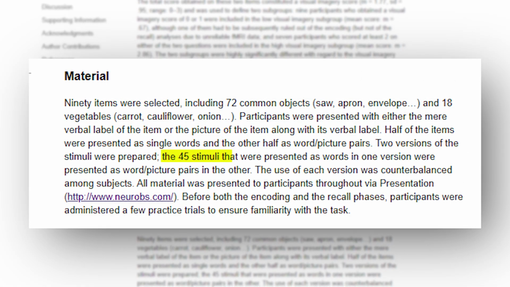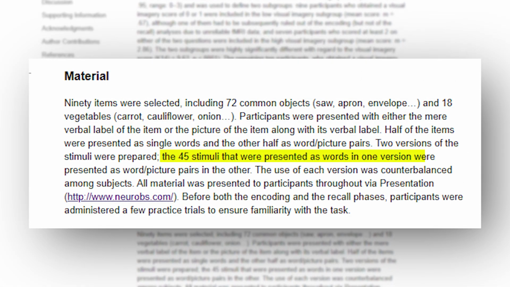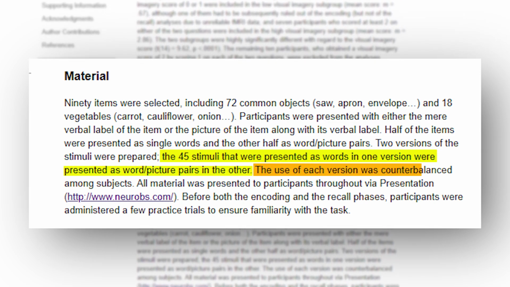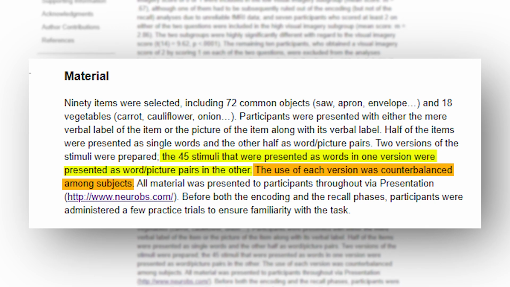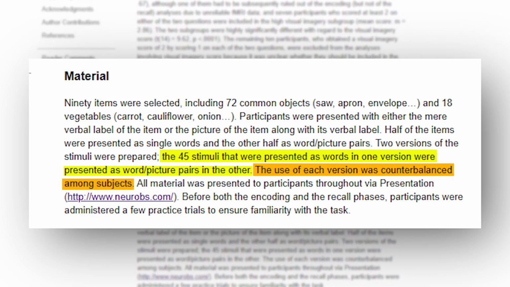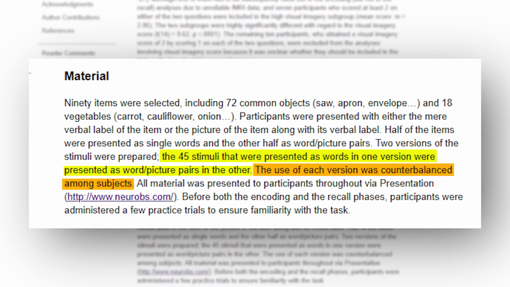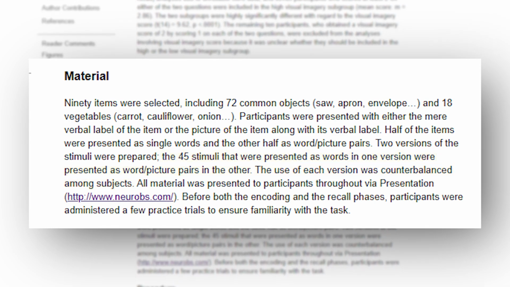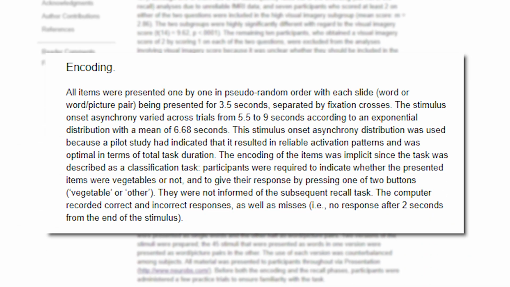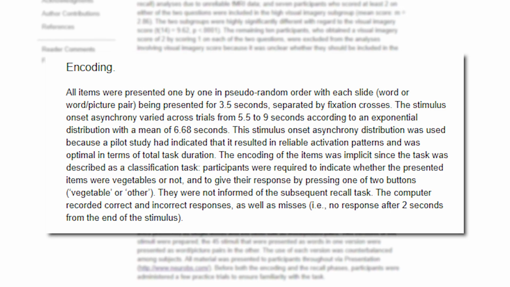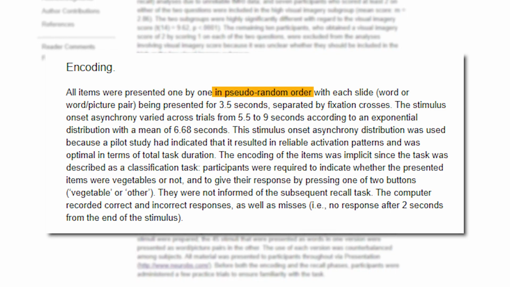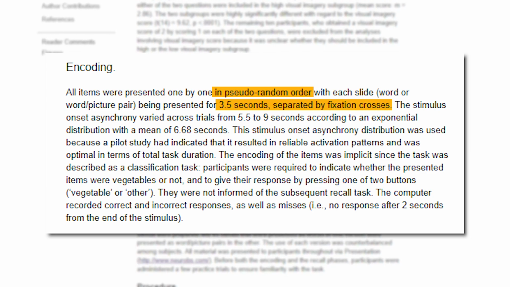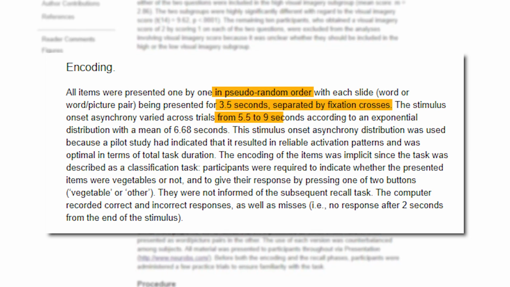The 45 stimuli that were presented as words in one version were presented as word and picture pairs in the other. The use of each version was counterbalanced among subjects. All material was presented to participants throughout via Presentation software. Before both the encoding and the recall phases, participants were administered a few practice trials to ensure familiarity with the task. During the encoding phase, items were presented individually in a pseudo-random order, each displayed for 3.5 seconds and separated by fixation crosses. The time in between items varied from 5.5 to 9 seconds,